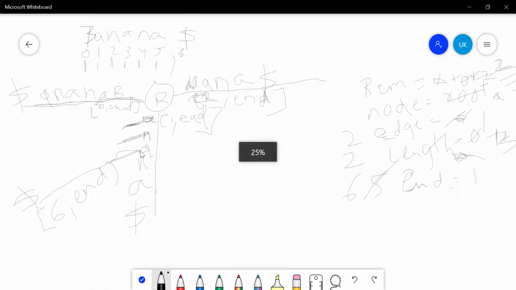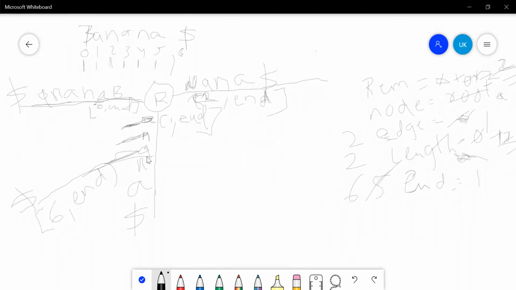So let us name this a small a. Now after n a no dollar is there, so add dollar, which is also 6 comma n.